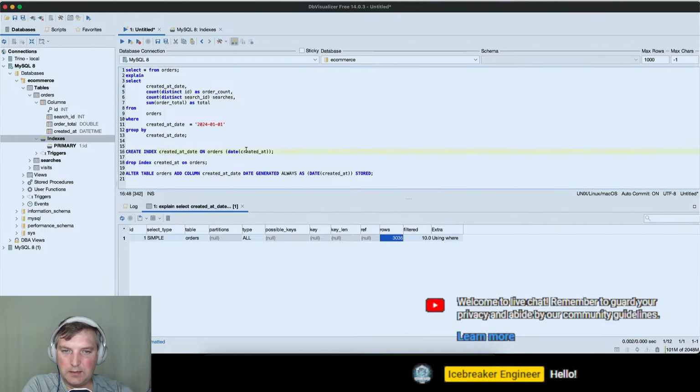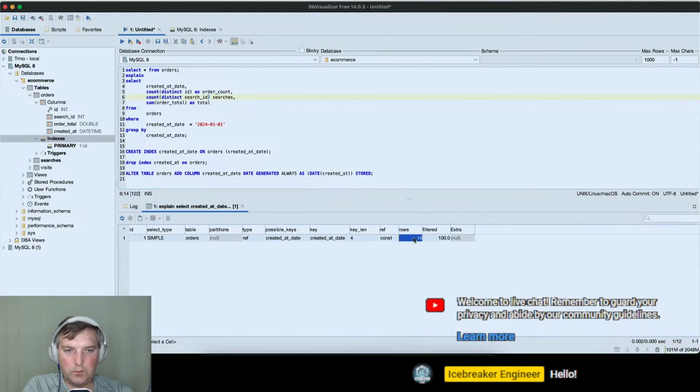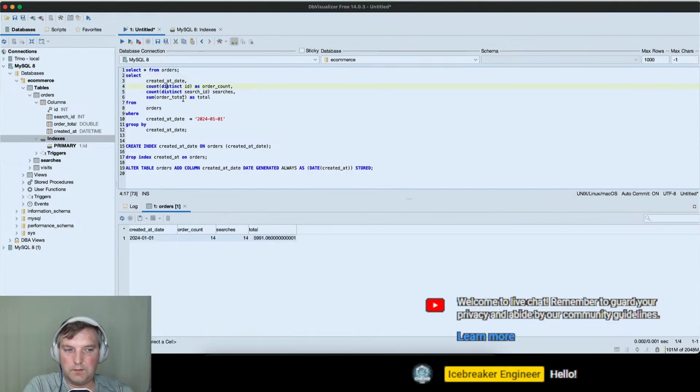Now let's create an index on this. And let's compare the numbers. Now we have rows number 14, which is using the index. This is the cool thing about it. It basically knows that there are only 14 rows in this date, and it's pulling the data out of that. We didn't really notice the difference in extracting the data, but trust me, there was one. So the index, and then let's drop index.